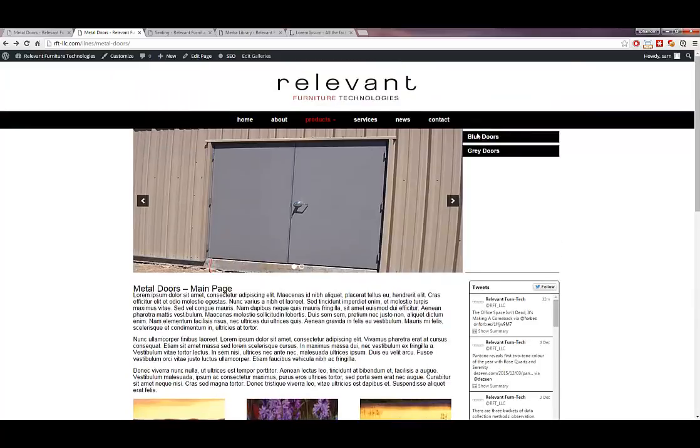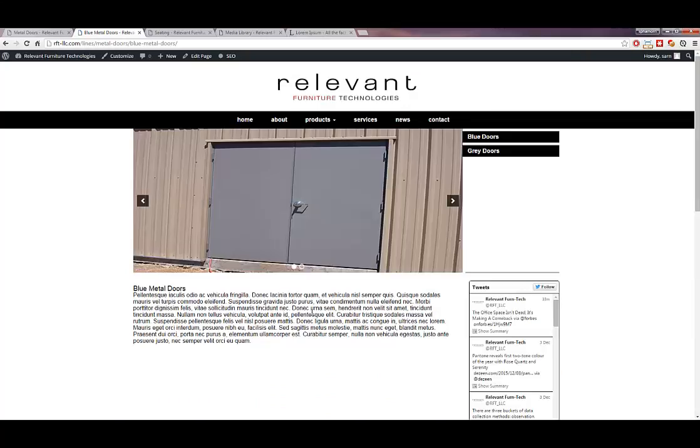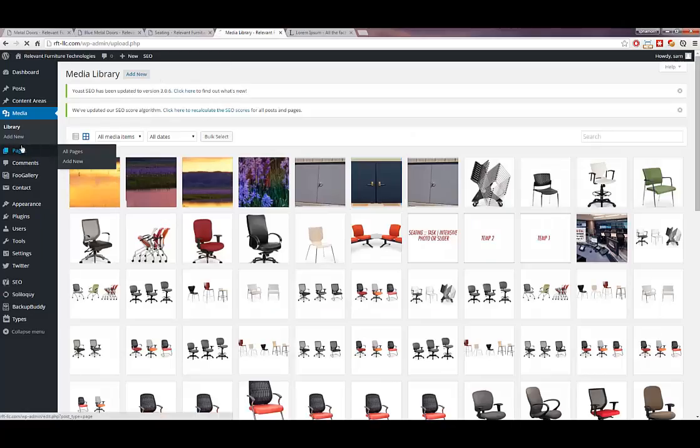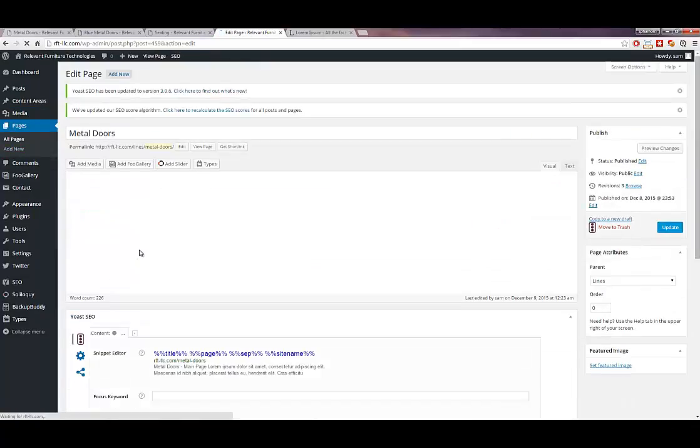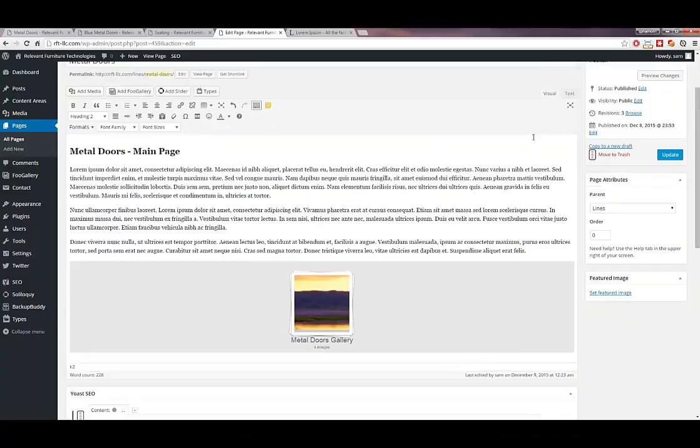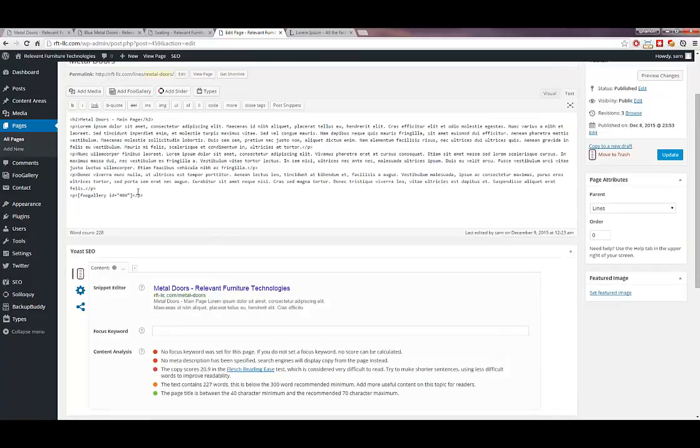Now the blue doors and the gray doors won't have the gallery, but if you do want it on these pages, all you have to do is copy the shortcode. So let's just do it for one of them. So I'm going to go to metal doors just because I don't remember what the shortcode is. Look at the code. Just grab the shortcode here